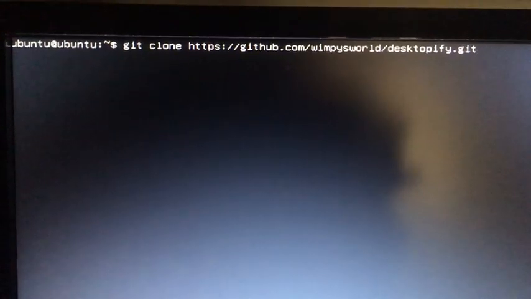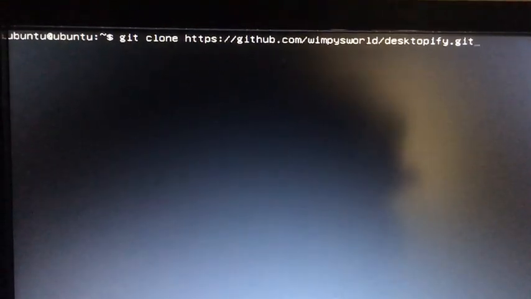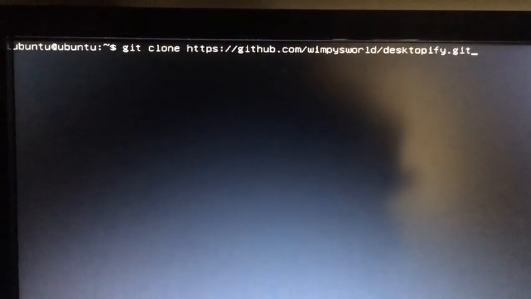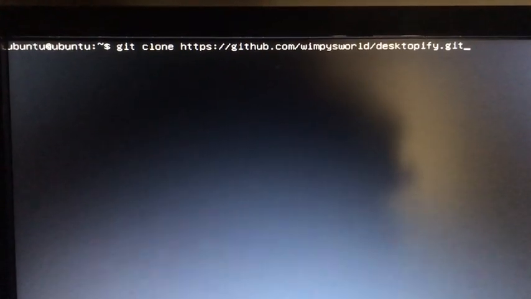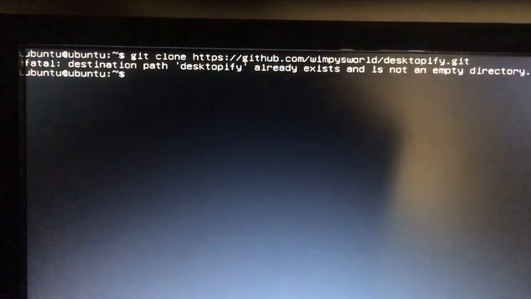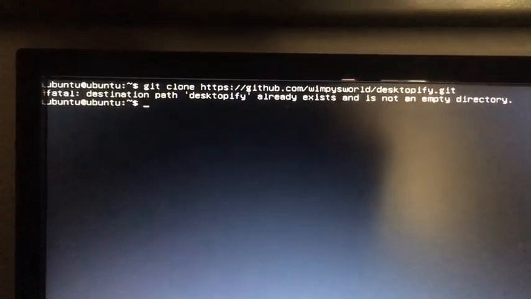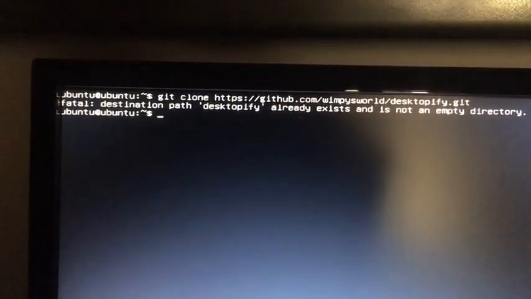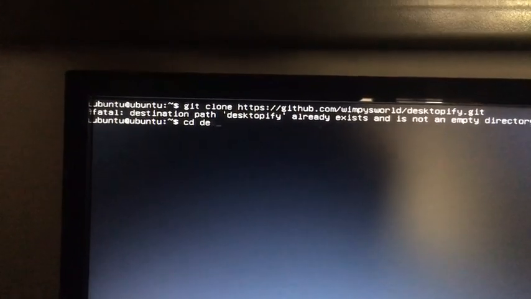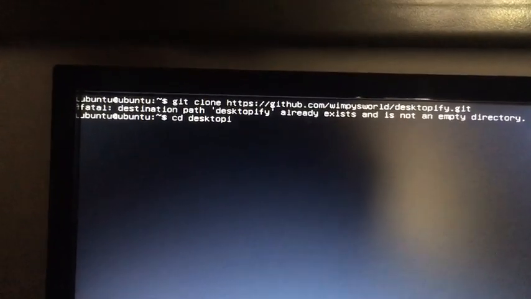So first of all, you got to type this exact command into your server. As you see, git clone http github.com onepieceworld-desktopify.git, and hit enter. And I already did that, that's why it gives an error, but it usually doesn't. And then what you need to type is cd Desktopify,